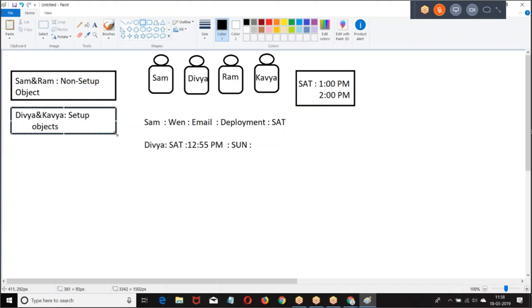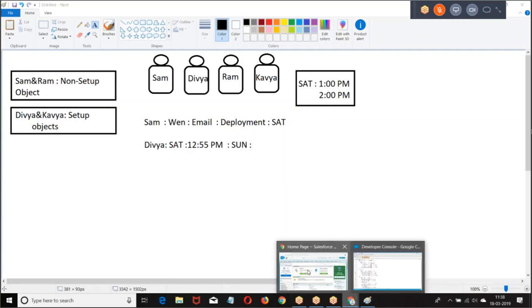If you are getting a mixed DML exception, we are going to resolve it by using future method. Right. Tell me some of the setup objects. Let me show that.